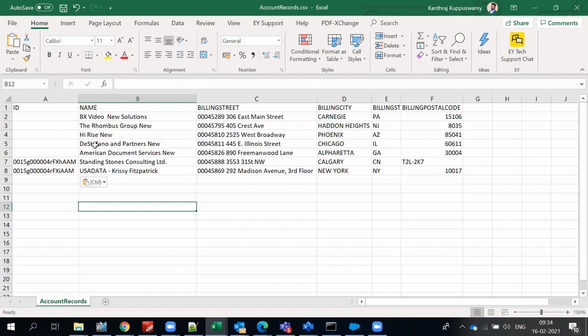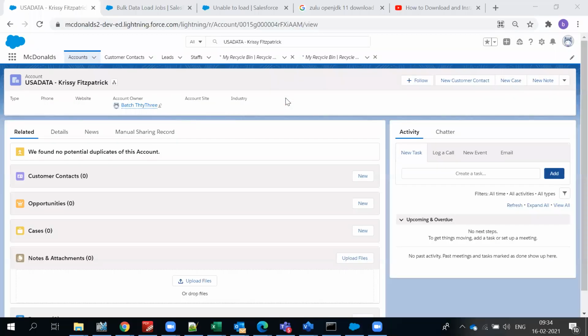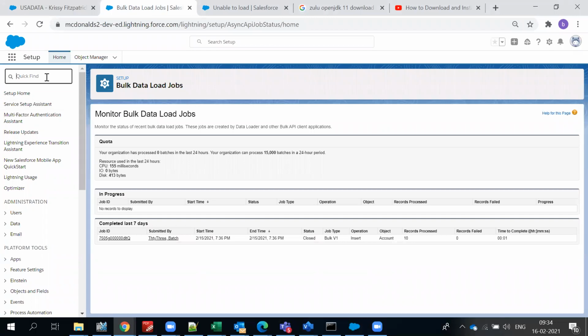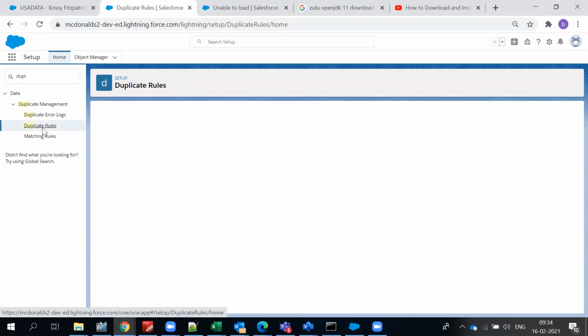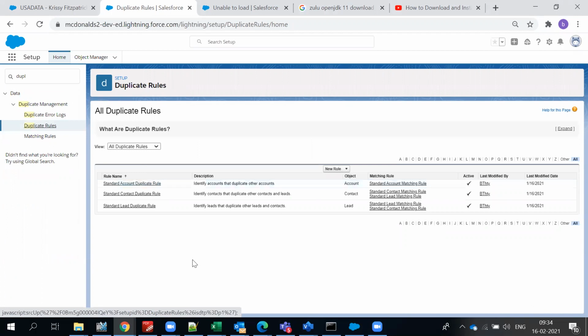How do you do that? I mean, you are doing it with the import wizard, and do you have a facility to write custom validations or something? Yeah, we have something in Salesforce. We have a duplicate matching rule. Good question. So if we have duplicate rules, we can write them. Here you can choose which object you want to perform on, what you want to do. So the standard account duplicate rule, if you just click on here,